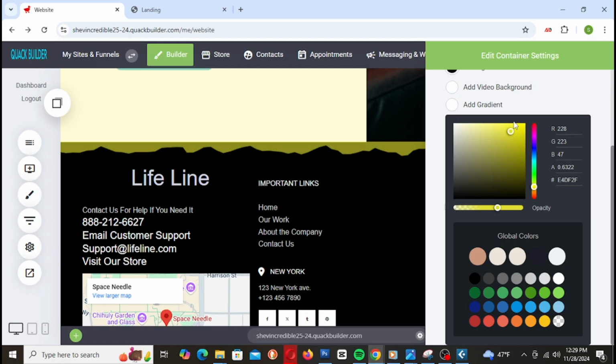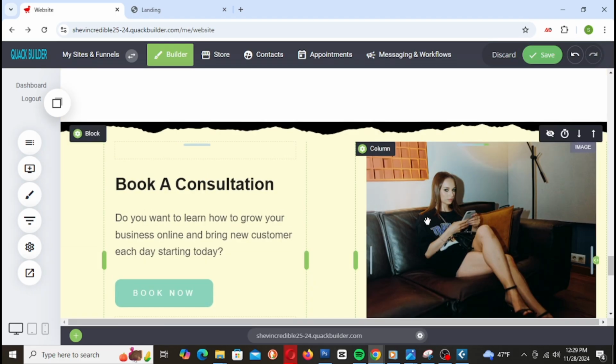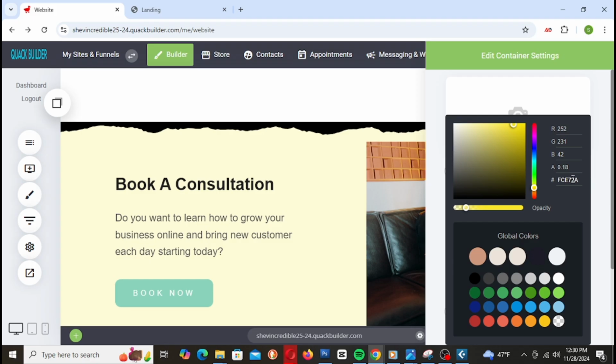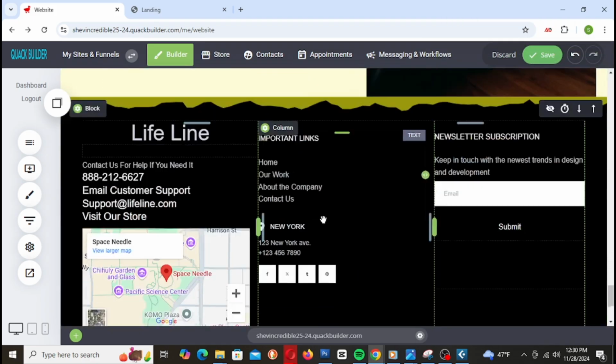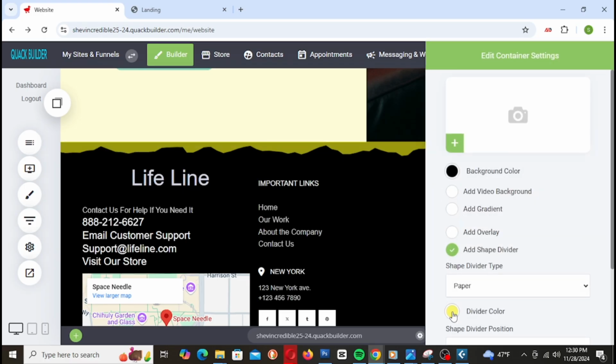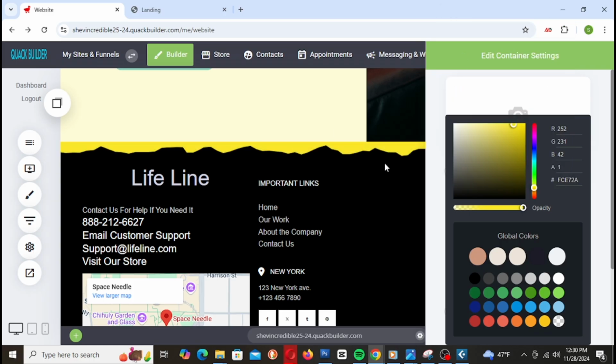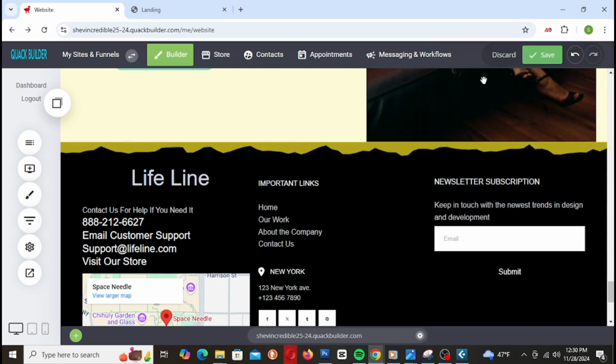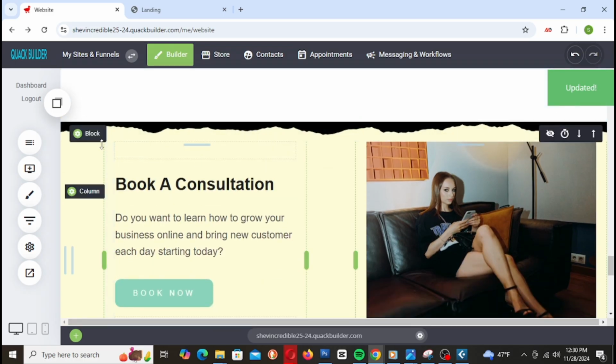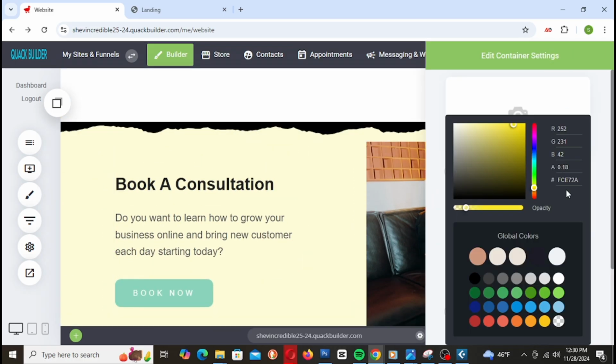So what I'm gonna do is to make it more easier, to make it more uniform, I'm gonna come up here for the block, and then I'm just gonna come up here and copy the color code, and I'm gonna come back here, go to the divider, and paste the color code in, and so for that, okay, so save it. I'm gonna need the other side, so